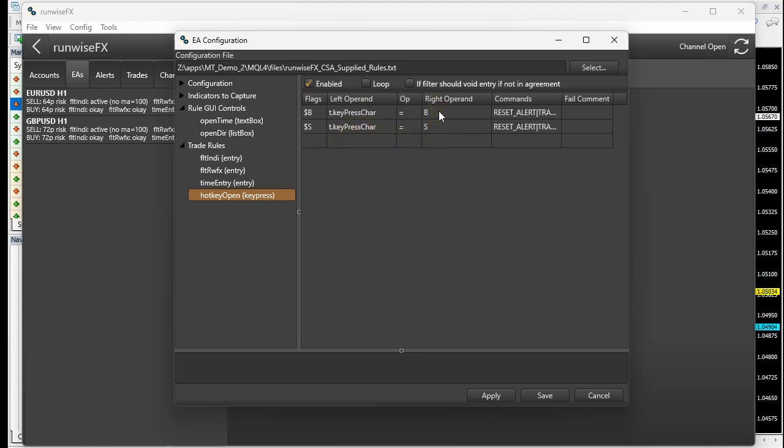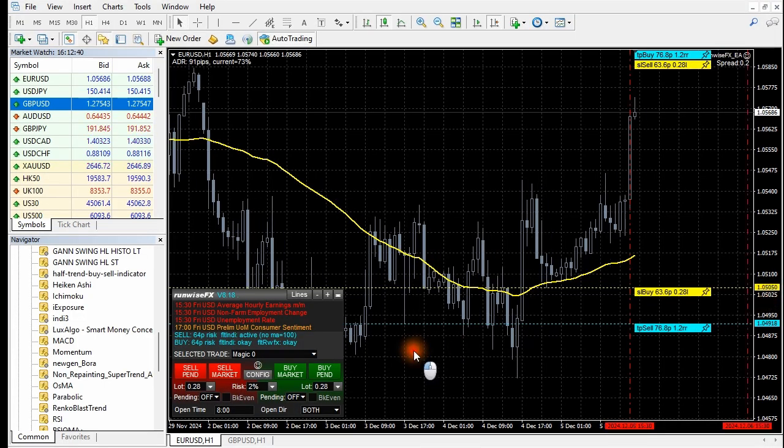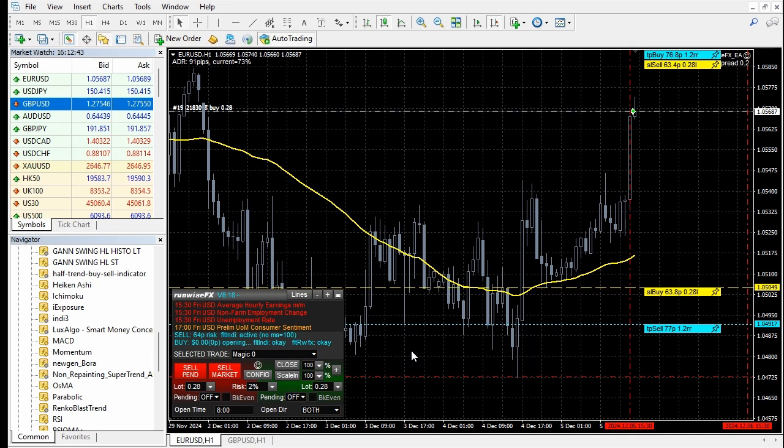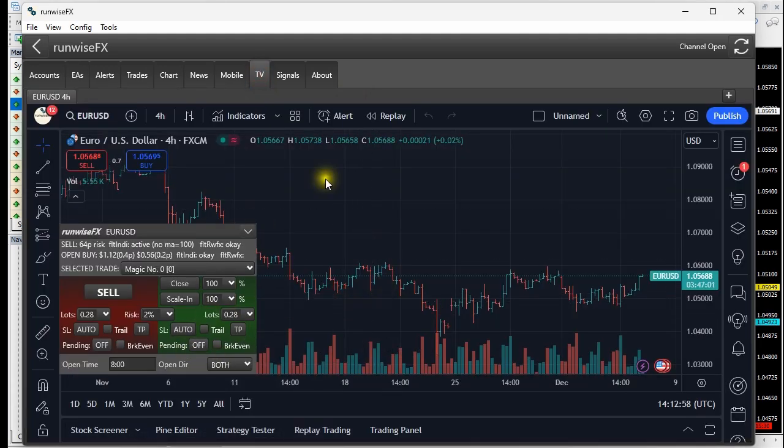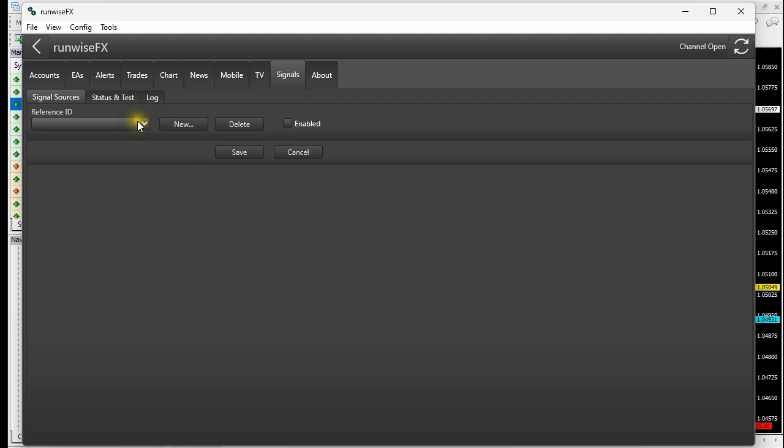So if you wanted to use the letter T, so the letters were perhaps a bit nearer each other, and then G for sell, like the key that's underneath, then you could just do that and click save, and now if I press the T on the keyboard, it's going to open a buy trade. So that's just an example of what you can do with our Windows app, and we're adding lots of great features in there, so it's really worth having a good look at our Windows app. You can add our panels, like your TradingView charts, and we've got our signals where you can